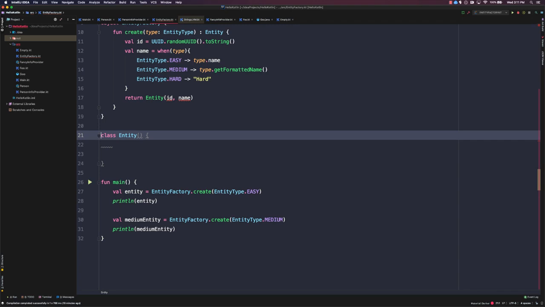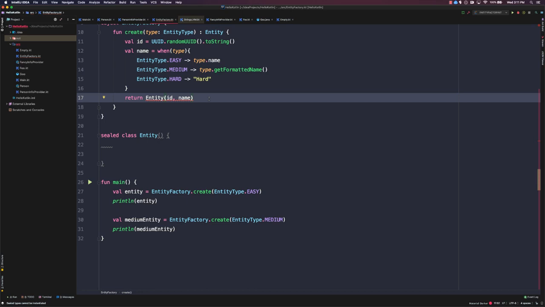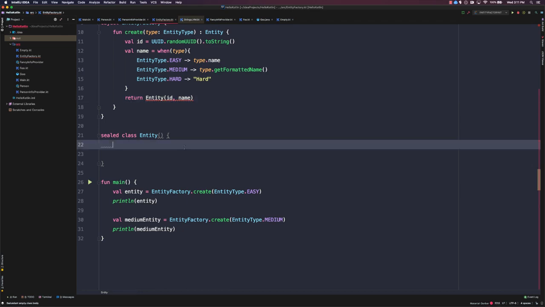The next step is to add the sealed keyword before the class keyword in the entity class declaration. As soon as we do that, we'll start getting an error above where we try to create an instance of entity. This is because you can't instantiate base sealed class types directly. So this is now where we will create each type within our sealed class hierarchy. So the first type we're going to create